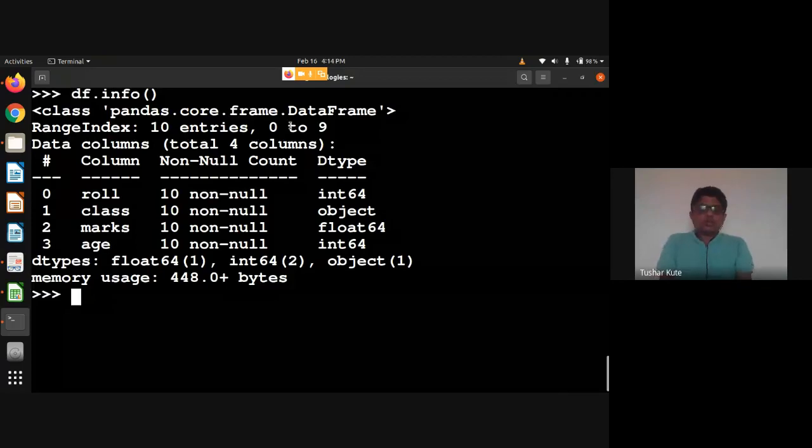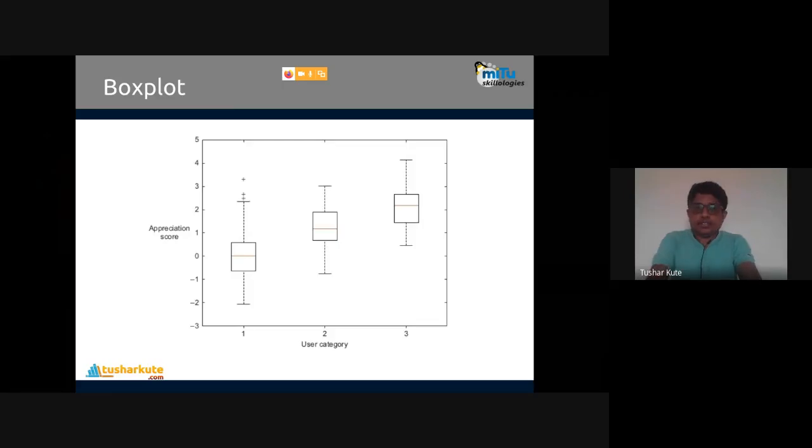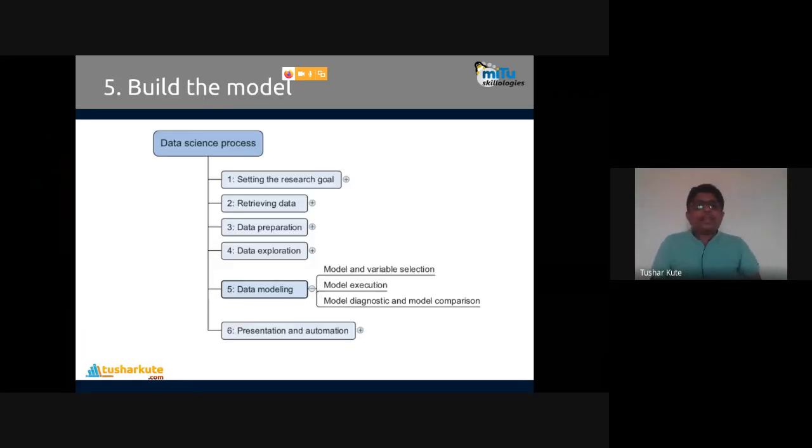So a summary of the whole data can be seen by this kind of method, and we can explore your data in more detail: what pattern it carries, what kind of things are present in the data. That we can do with the help of exploratory data analysis techniques. There are many ways that we can choose. We can have univariate analysis, and we can have multivariate analysis also. Univariate means histogram is univariate and box plot is multivariate, because histogram takes only one input, box plot takes multiple inputs. So we can have multiple inputs given to the data, and that's called a multivariate analysis.